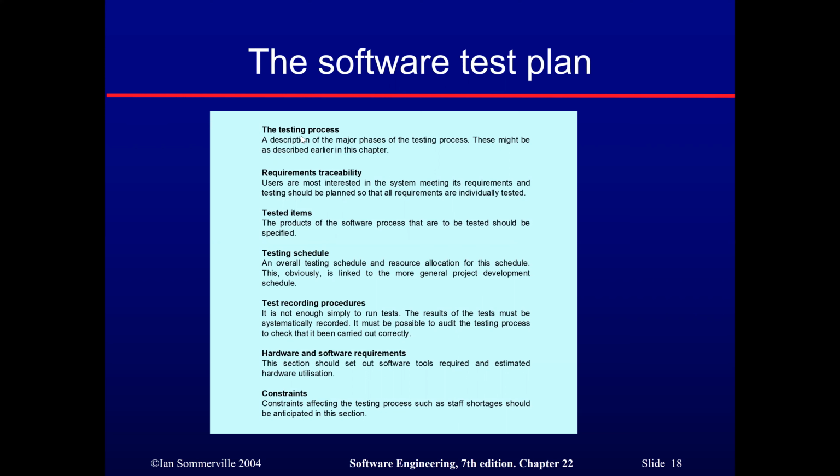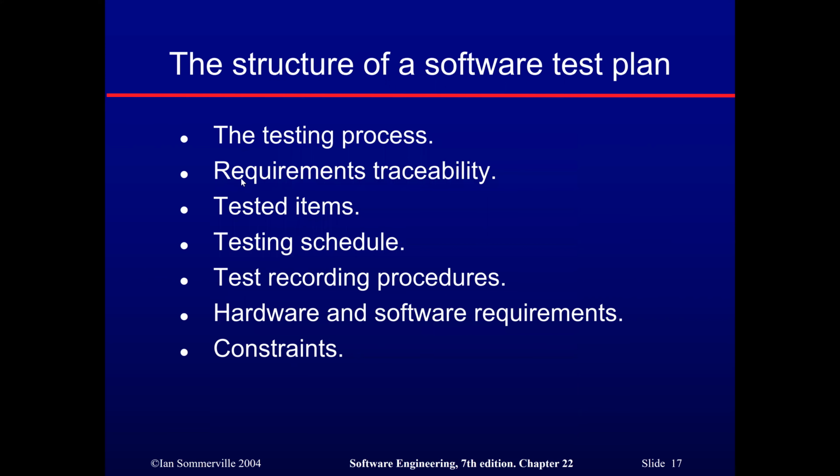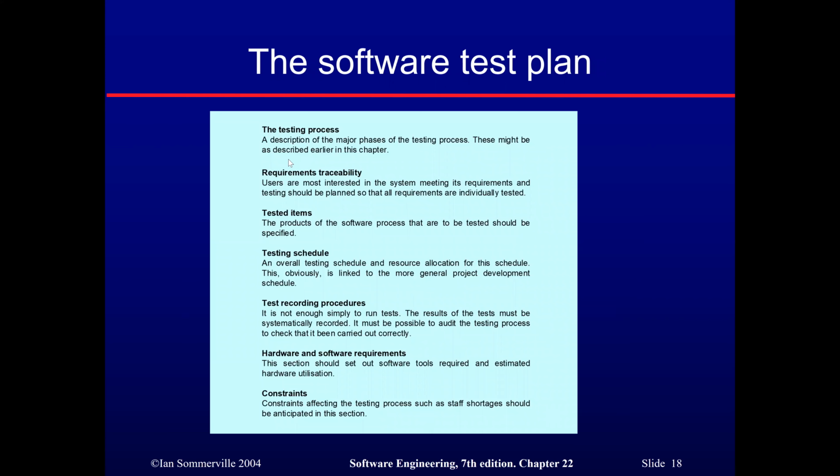Here, each of the points is explained in this slide. Testing process is described here under this title, a description of the major phases of the testing process. These might be as described earlier in this chapter. Requirements traceability. Users are most interested in the system meeting its requirements, and testing should be planned so that all